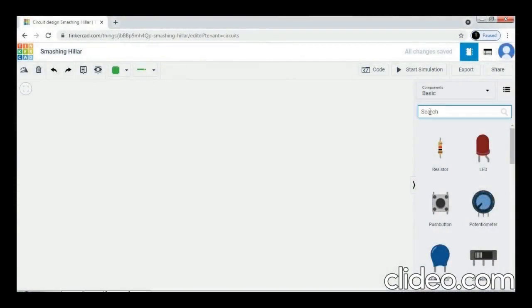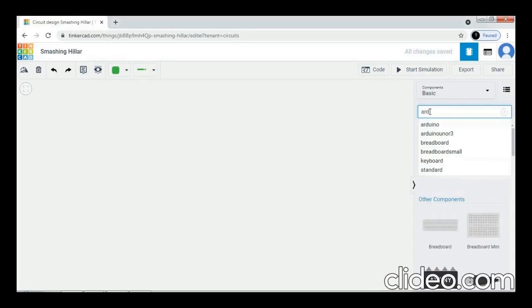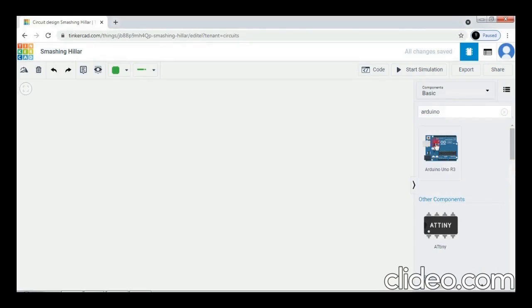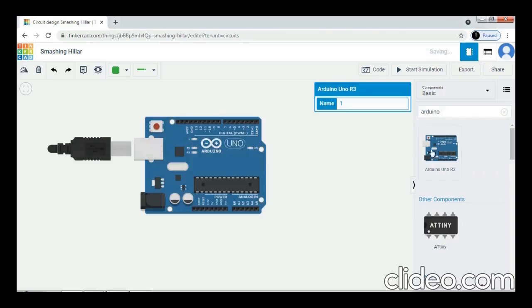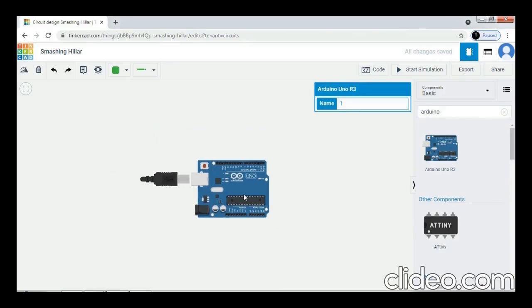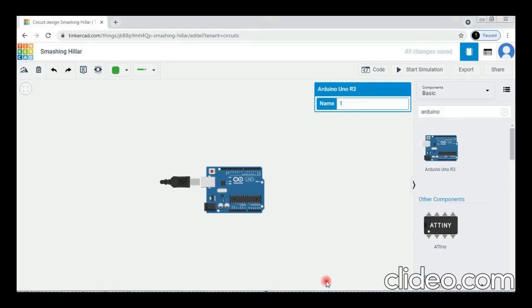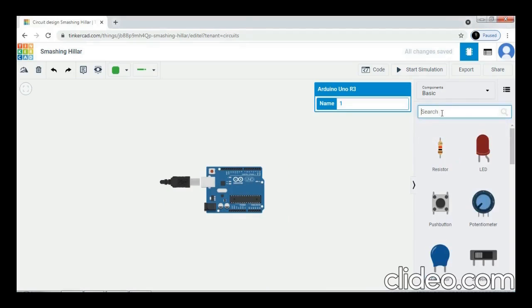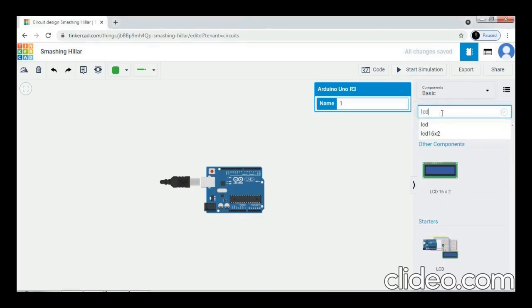Now we start to develop our system. So first we take the main controller, which is Arduino Uno R3. Now after that we take an LCD display 16x2.